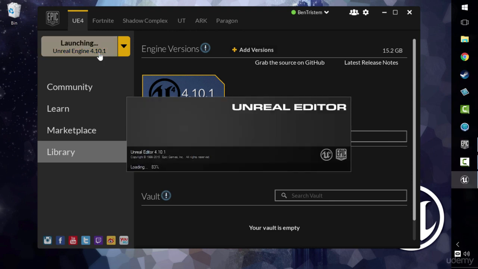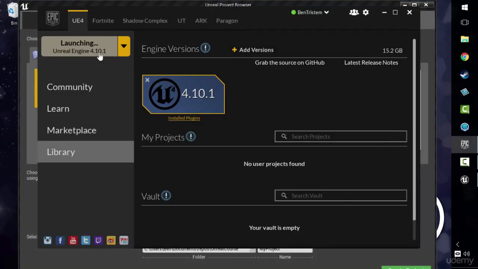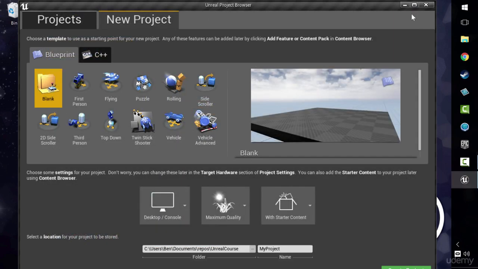You may get a Windows firewall warning here when this opens. Now, by the way, I should say if you're on a Mac, I'm going to be covering the rest of the course on Windows, so you're going to have to fend for yourself in terms of the differences, but they're not huge. The differences are not particularly massive. So that's it. You can actually close the Epic Games Launcher if you want, and we're at a screen like